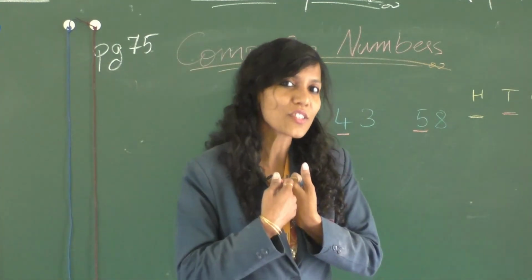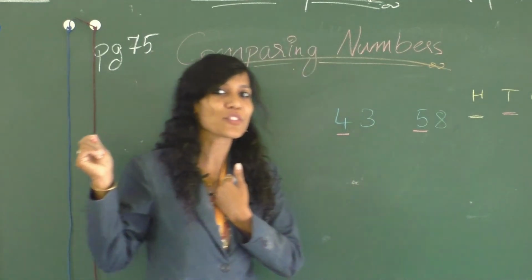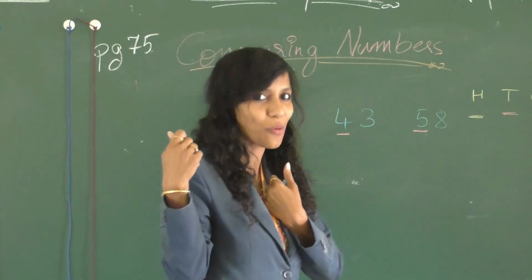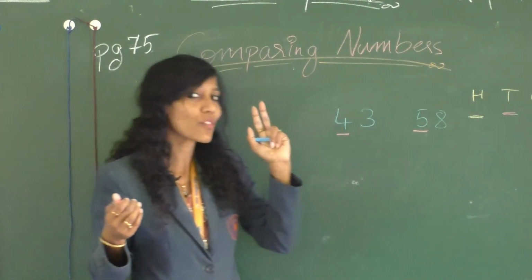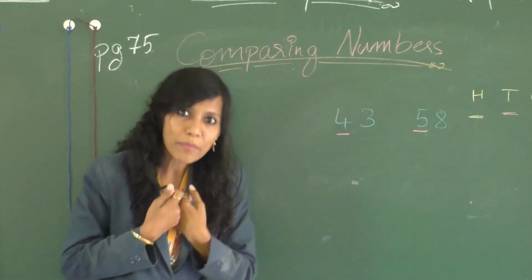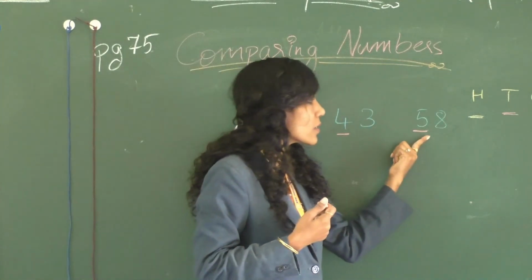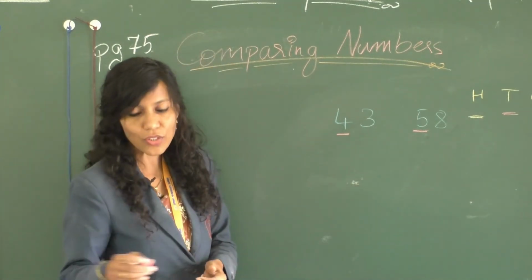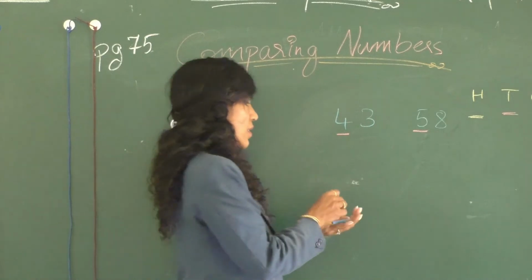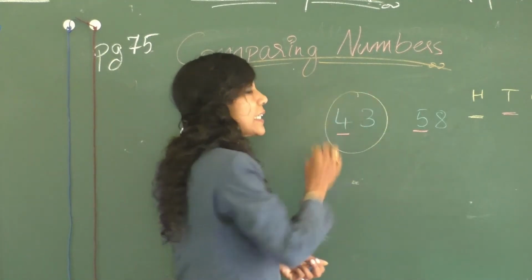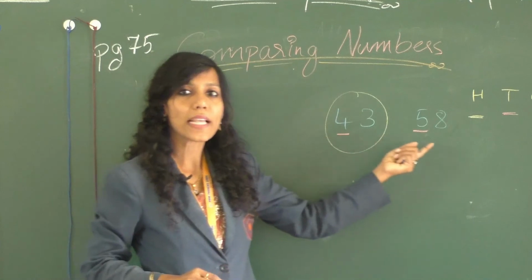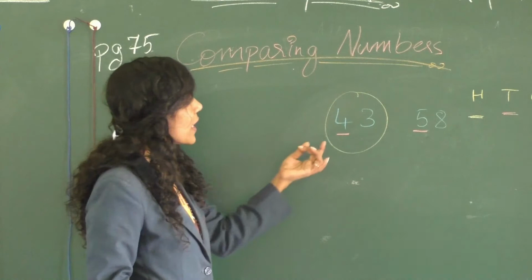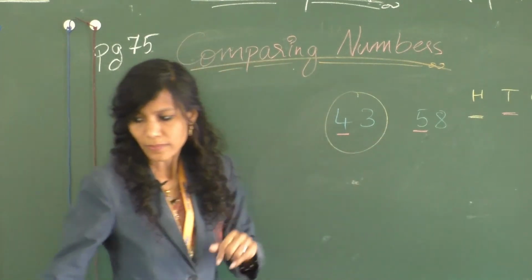I have 5 chocolates, you have 4 chocolates. So who is having more chocolates? Is it you? You, right? So you can give me one more. No, so you have less, you have 4. So 4 is less than 5. So I am having more chocolates. So here the bigger number will be 58. And what they have asked you to do is circle the smaller number. So you will be circling 43 as 4 is lesser than 5. So easy, right? Just check only the first number.